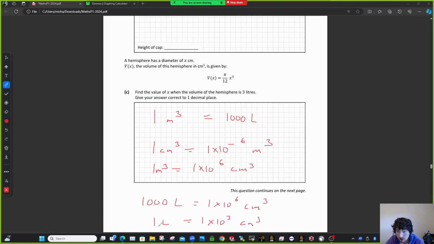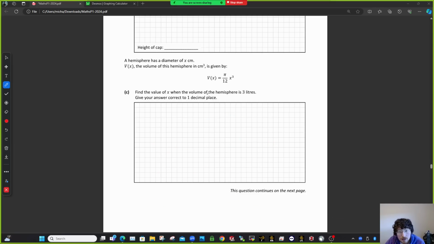Now, some people might have known that a litre was 1,000 centimeters cubed, and if you did, that's great. You'd have had no issues with this, and so you'd have realised that 3 litres is 3,000 centimeters cubed. Okay, so what we do here is we set not 3, we set 3,000 equal to pi over 12 x cubed. Multiply across by 12, divide by 3, and take a cubed root, and your x is equal to 3,000 times 12 over pi all to the power of a third,